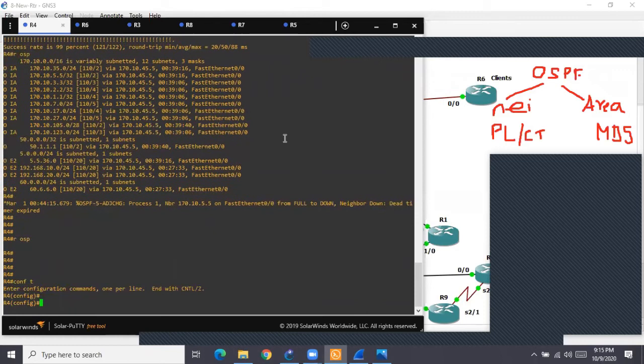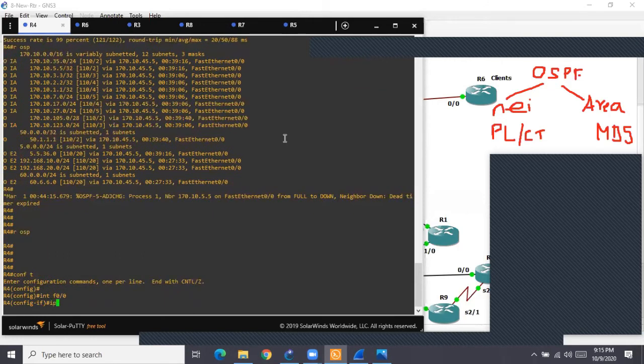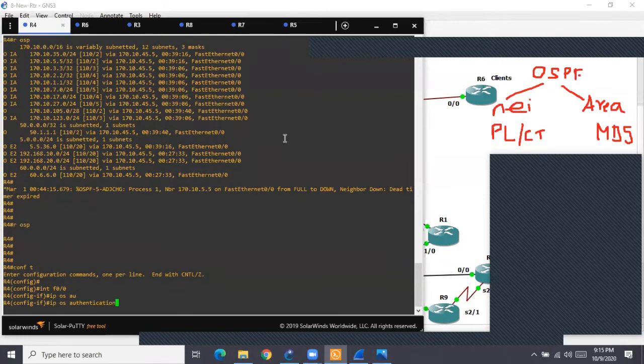On R4, also the same IP OSPF authentication. Now on R5, I showed you the full commands, but on R4 I'm going to show you shortcuts. So IP OSPF AU, that's it, and enter.